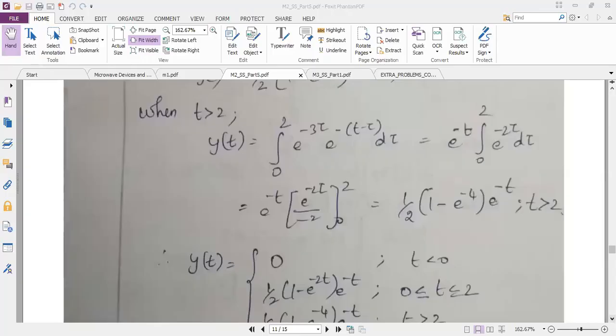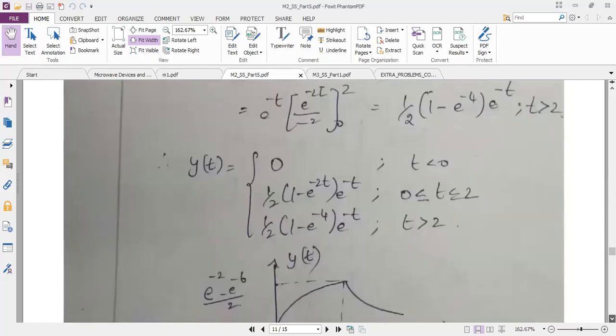I hope you are all understanding this method which we follow now. You can apply this method for all the problems, if one input is finite and the other input is infinite, or both the inputs are finite. If both are infinite, then the simplest way we have seen, or you can apply this method for that also. Nothing is wrong. So using this concept, you can go through the problems under convolution integral once.